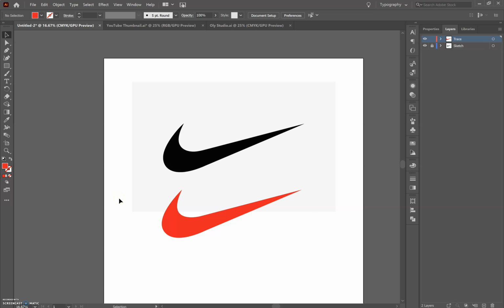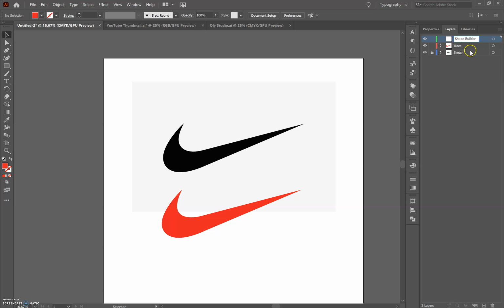Okay, we are going to now learn how to use the Shape Builder tool. We just used the pen tool to trace the Nike swoosh here. So to set up our document for this next task, we are going to go down to the Add New Layer button. And it created a layer that is titled Layer 3. We are just going to title this layer Shape